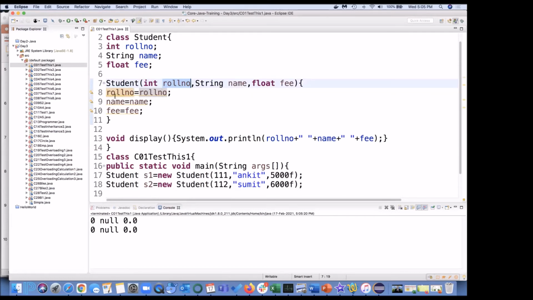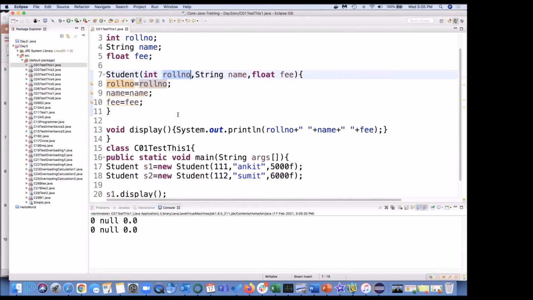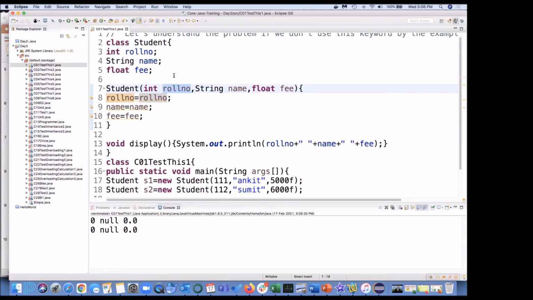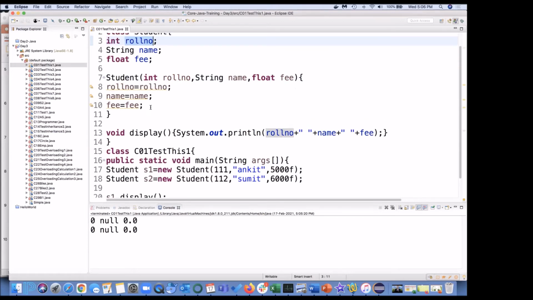You passed it as 111, and this roll number it is treating as your local variable only. It's not an instance variable reference. It's what your compiler is thinking. So by default, it will initialize it as 0, and no value has been assigned here, and it is going to print that only. What is going to happen if I comment this out?